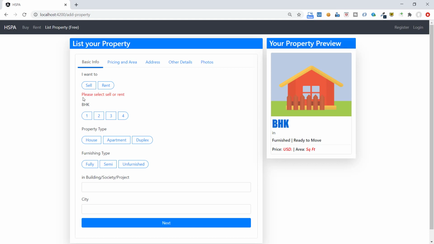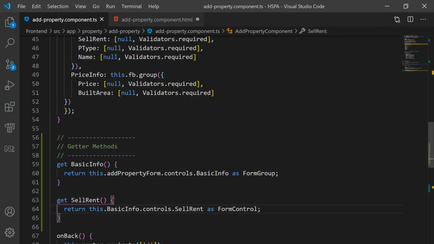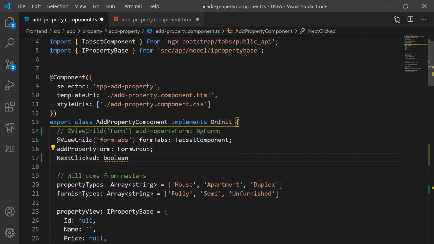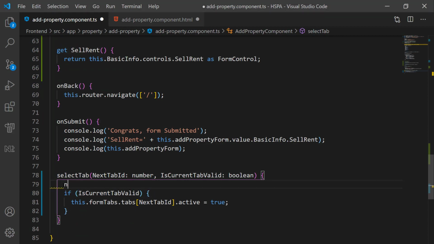Here we can do one thing. We can display this error when the control is invalid and the user has clicked this next button. So here we can check that this button is clicked. So this next clicked is a boolean type property we will define here in our component, and we will set it to true here in the select tab method that we are calling on next button click.